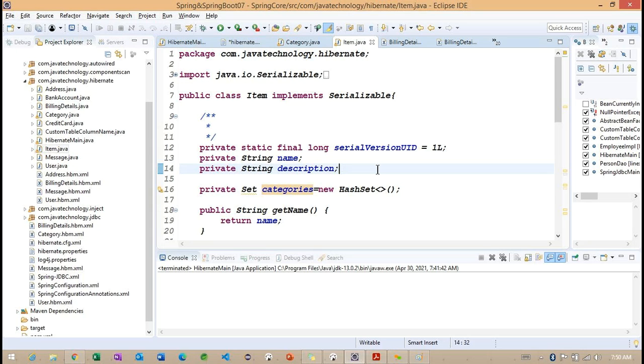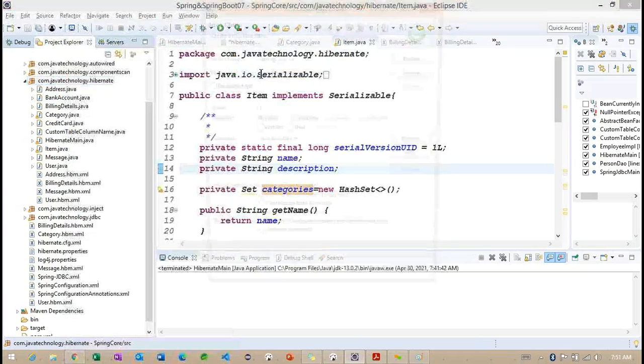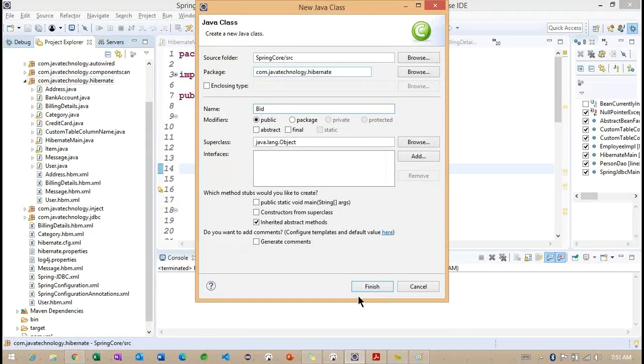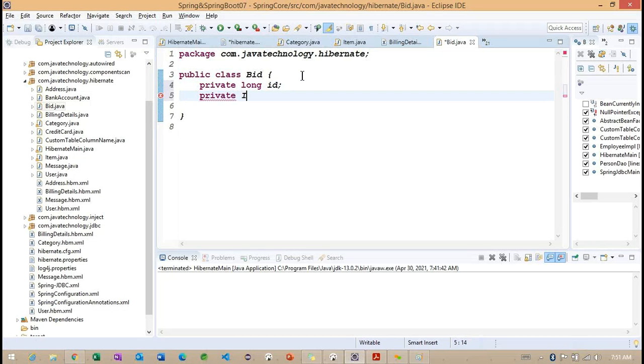So to understand here, I want to create one more class here, something called bid. Getting the point. So this particular bid will have one item. Let me create a class called bid. Carefully observe here. I'm not specifying much information here. So ID and item.